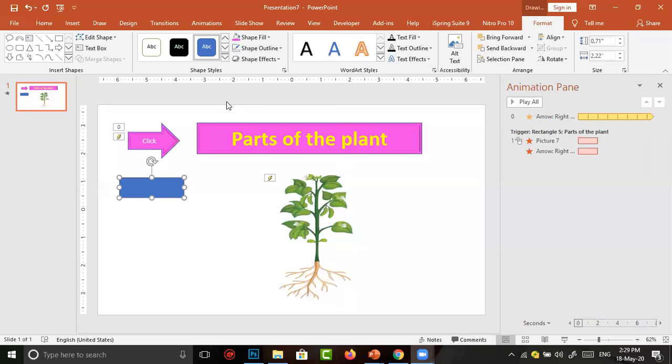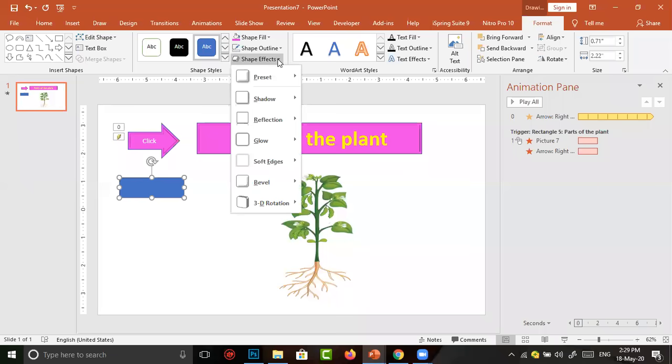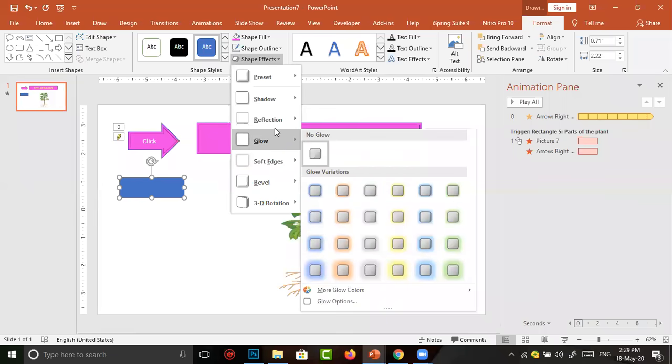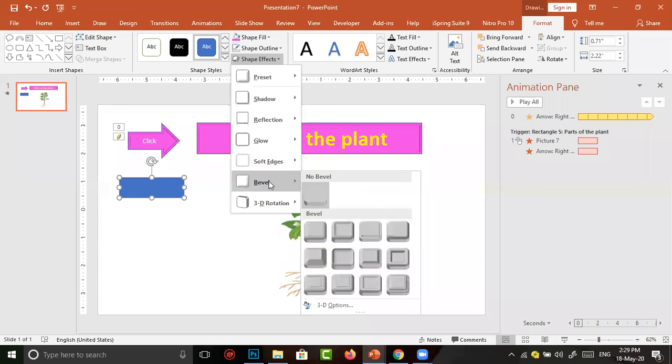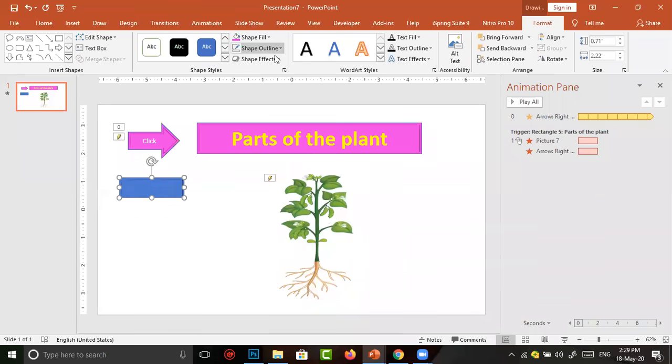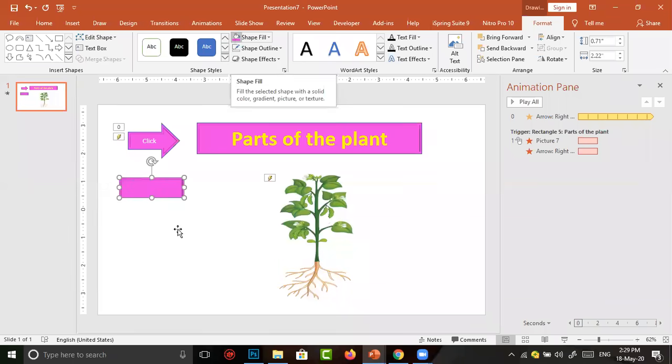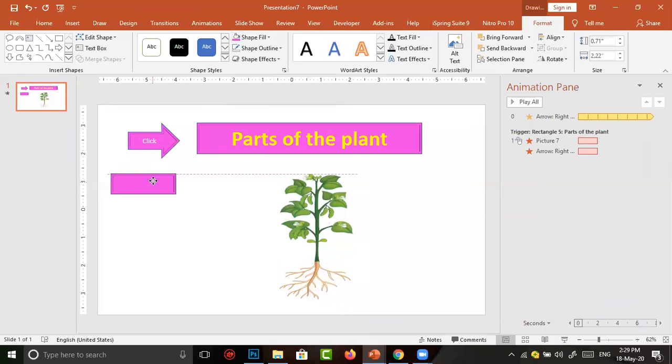I repeated all the steps I gave for the rectangular parts of the plant. I'm going to bevel. Then I think this height is enough. Then I say shape fill, the same color. For this also, I'm going to take this color. That's all.